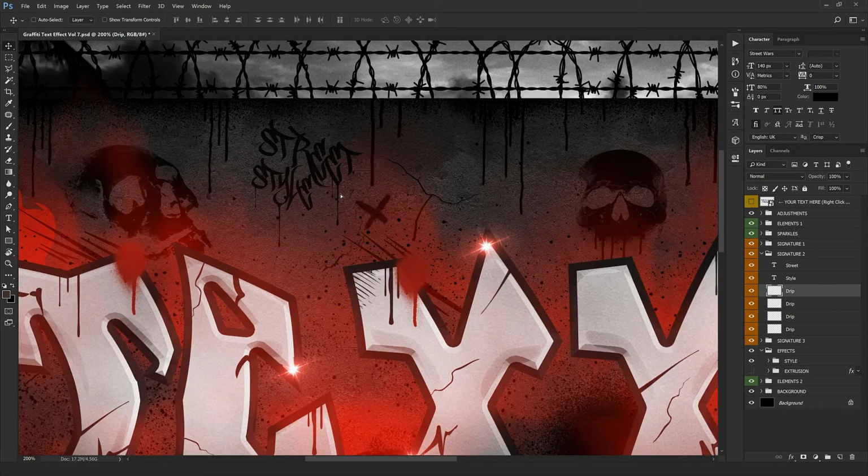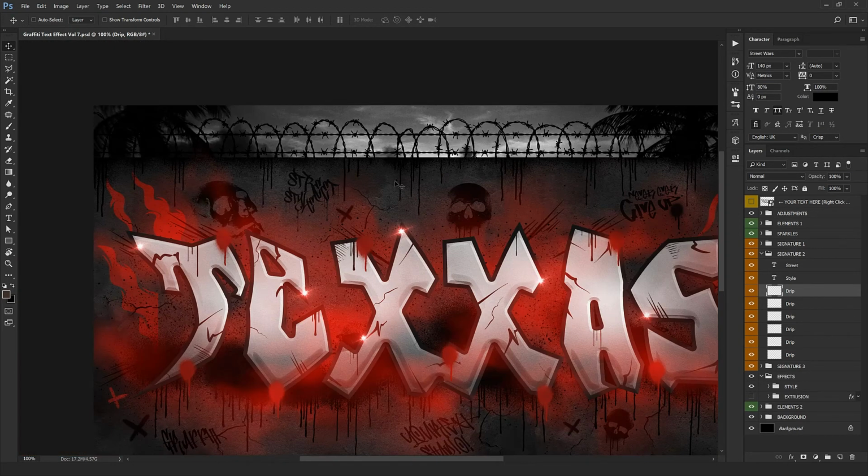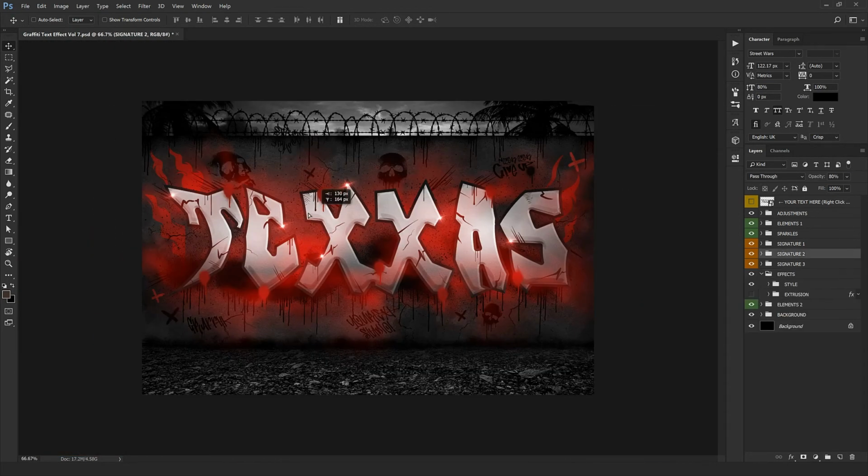And if you check out right here, we have some color drips which you can select one by one and place in the right place after you edit your text. And also you can move around the whole folder. You're totally free. So we come to the effects folder, which is the main style, which I suggest you